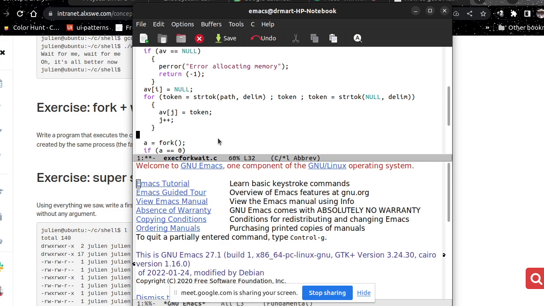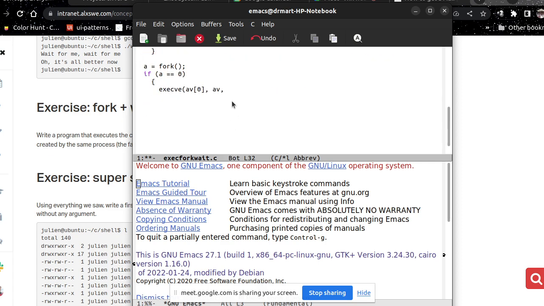Alright, so we will call our execve inside a fork, right? So this is our first fork. So av[0], and then our environment for now is null. So if it fails,